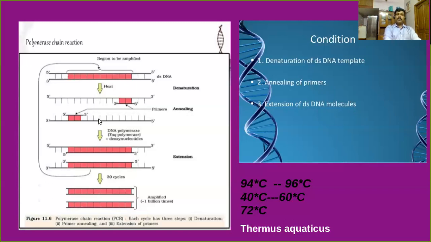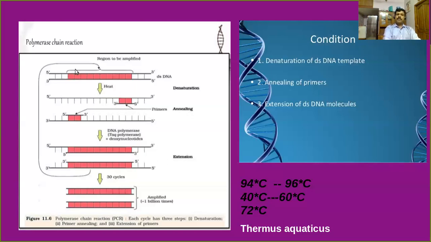So, clear, the process of extension occurs because of the presence of one of the most important enzymes called DNA polymerase. The concept you will learn in higher classes or in +2 class itself under the topic of molecular biology. You will learn DNA extension means DNA replication. At that time, you will see the DNA replication or the extension process is controlled by one of the most important enzymes called DNA polymerase.